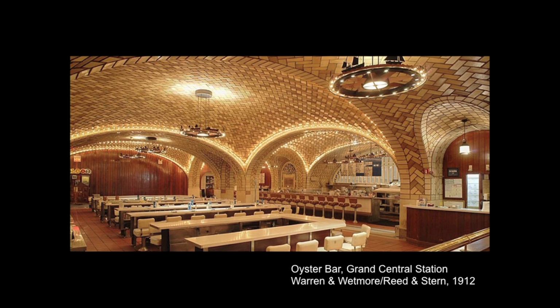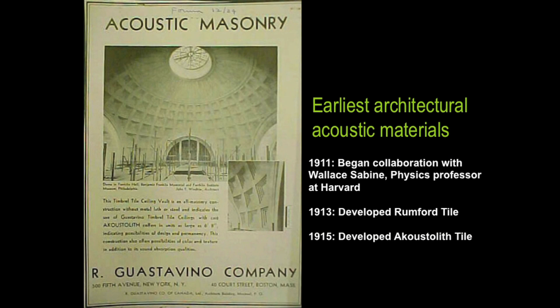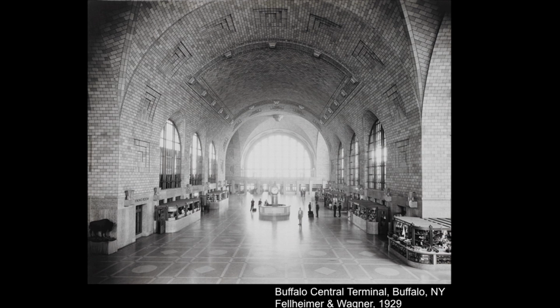The Oyster Bar, of course, is a century old, but it had acoustical problems, and that led the company to work with Wallace Sabine, an acoustical scientist, a physicist at Harvard. They developed some of the very earliest acoustical materials, and that really led to new possibilities in major train stations with acoustical finishes. This is a station in Buffalo, which is abandoned today, and the company contributed the ability to build ceilings that were not only load-bearing, not only fireproof, but also could absorb sound and could quiet the spaces